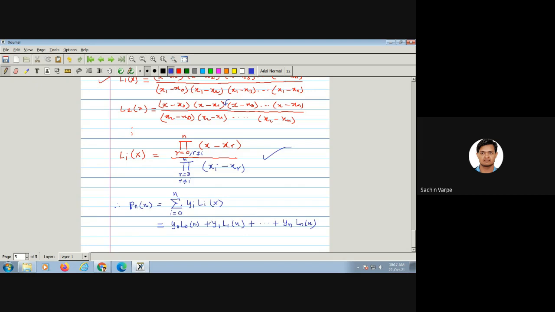So see here, we will be given the values of the xi's, x0, x1, x2 up to xn, and the values of the yi's also, y0, y1, y2, and so on up to yn. With the help of these, we can get the Lagrange's subpolynomials L0 of x, L1 of x, and so on, Ln of x, and we substitute those polynomials into this to get the polynomial approximation by Lagrange. It is in general denoted by Pn of x.